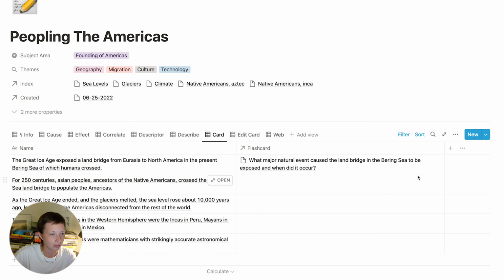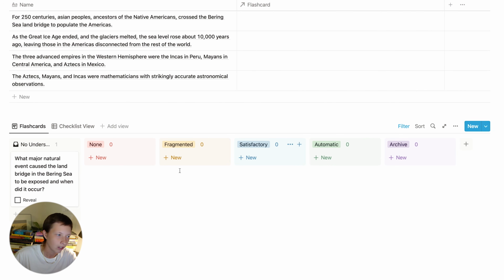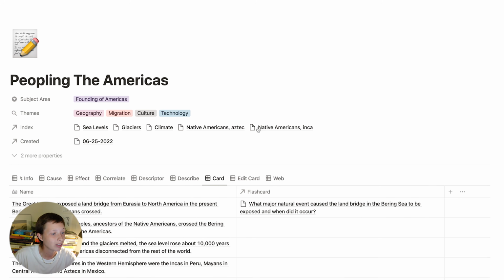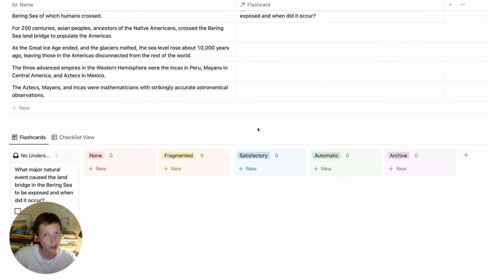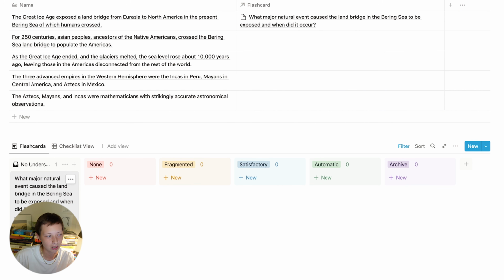So that's going to be the front of the flashcard, and you'll notice if I just go down here, that flashcard is now showing at the bottom of the page. Because now this flashcard is directly correlating to this topic page. What I can do is not only create flashcards, I can edit the flashcards and even use them down here